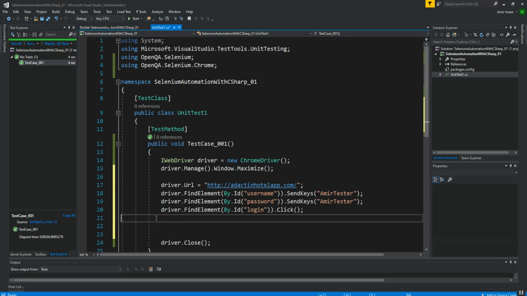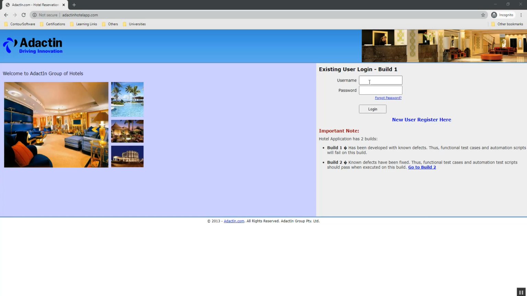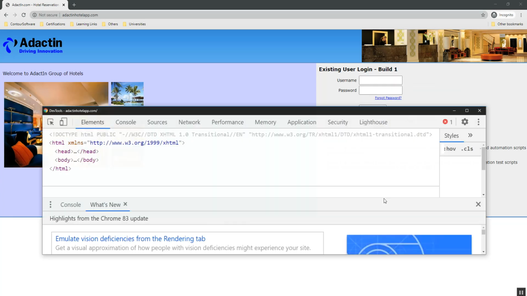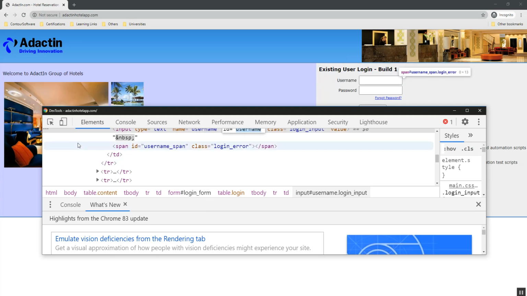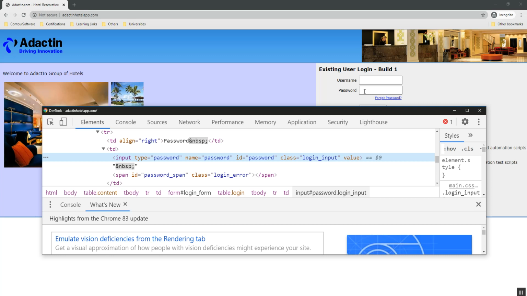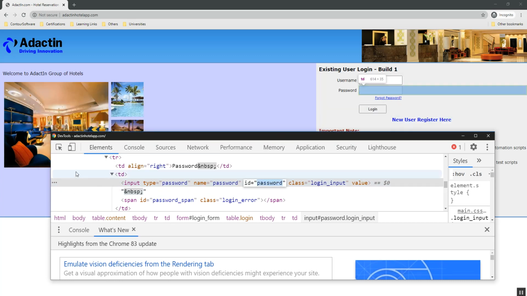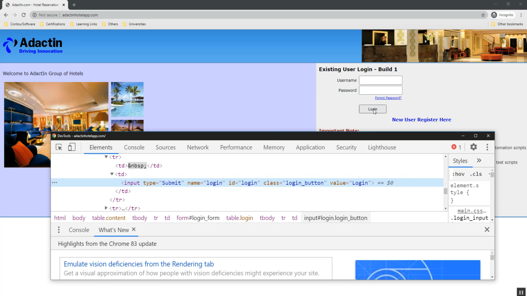So here is the login test case ready. This is our website, so I just need to right-click and inspect. Here you can see the username ID is username, and similarly if we inspect the password, the ID is password as well. And then the login button. The ID of the login button is login.